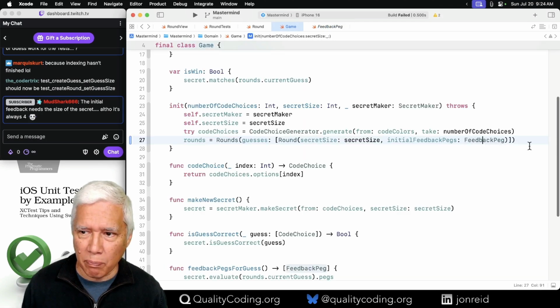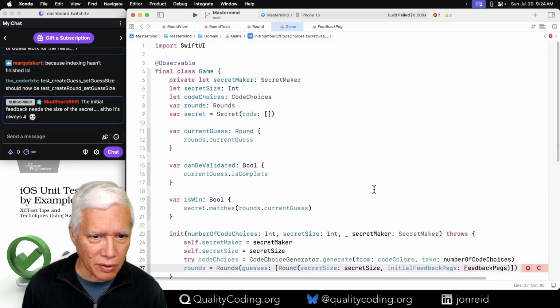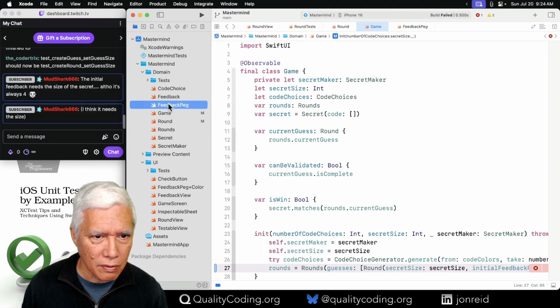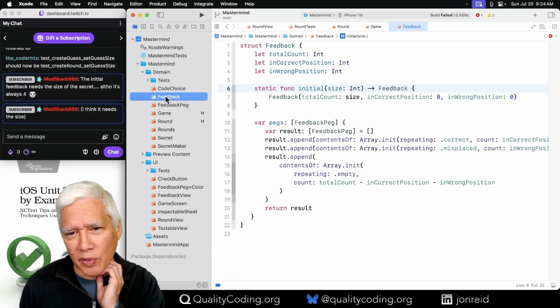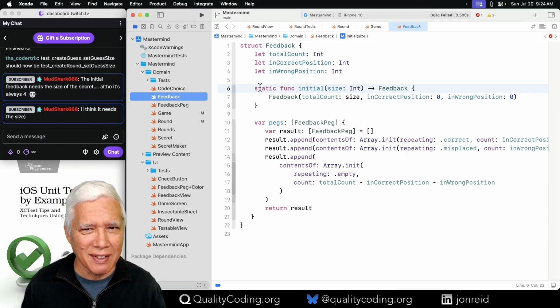Oh, feedback pegs. Wait, I'm confused. There's feedback and feedback pegs. That's confusing. Feedback, this takes the initial size.